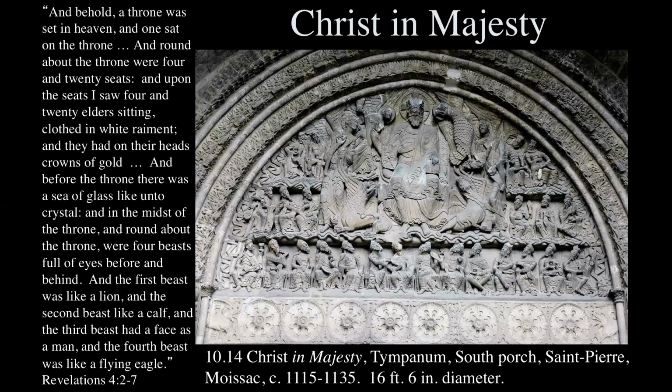"And before the throne was a sea of glass like unto crystal." You can see that down here. They kind of make it look like snowflakes. "And in the midst of the throne, and round about the throne, were four beasts full of eyes before and behind. And the first beast was like a lion," kind of hard to identify here, but over here. "And the second beast like a calf. And the third beast had the face of a man," right here, sorry. "And the fourth beast was like a flying eagle." In later times, they associated the four gospel writers with one of these beasts. So that page in the illuminated manuscripts I was showing you in the Hiberno-Saxon was related to Revelation as well.